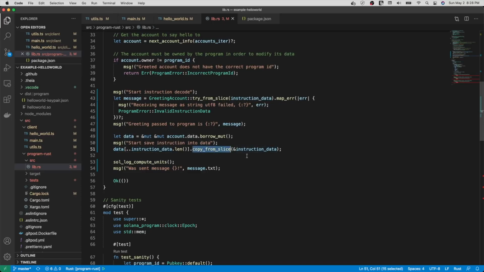So copy from slice. The only reason why I instantiated this basically is because I wanted to make sure through the logs that I'm getting the appropriate data, the appropriate values. So technically, you don't really have to do this,